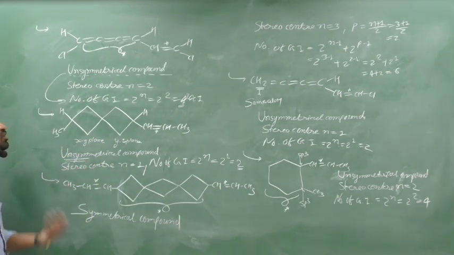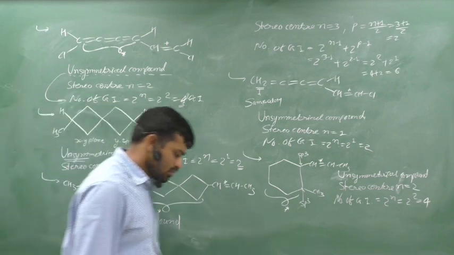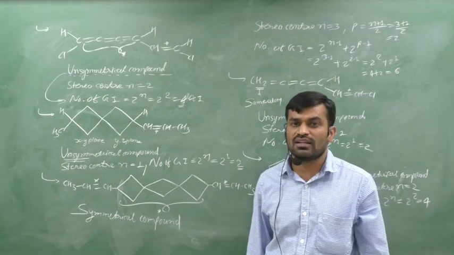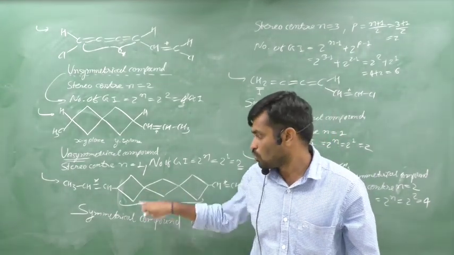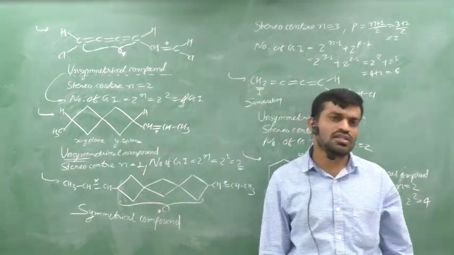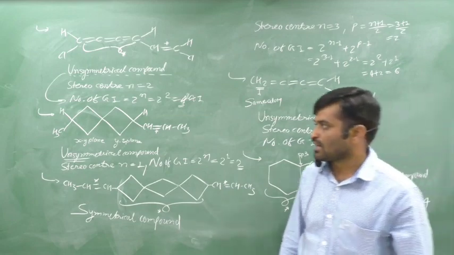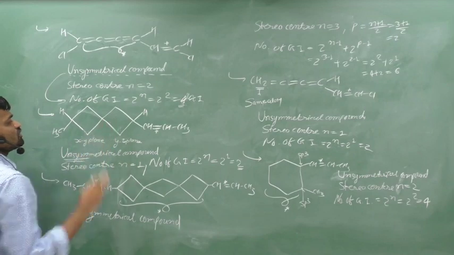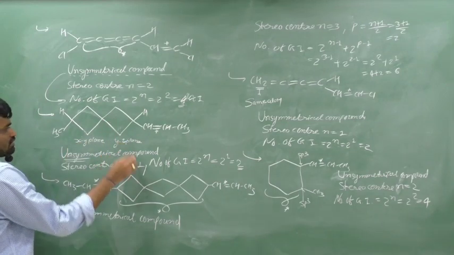Now we can think about the stereo center. In spiro compounds, if the number of rings is even, such as 2, it does not show the GI. This means that this spiro center, these spiro rings, do not show the GI. It is the XY plane, it is the YZ plane.